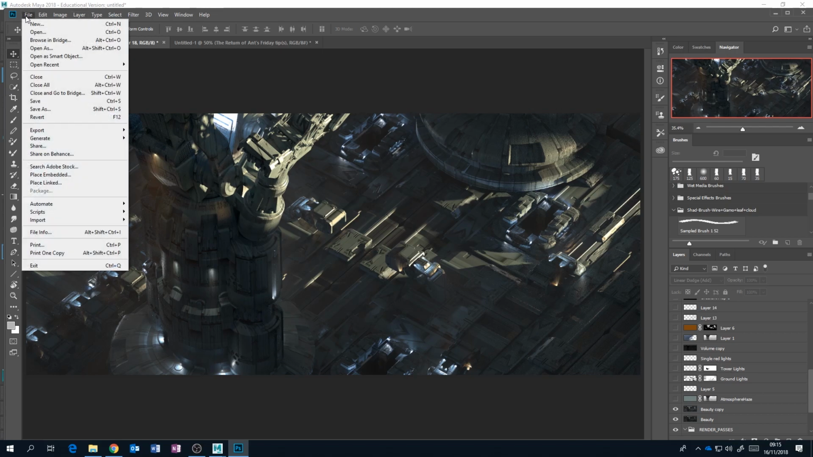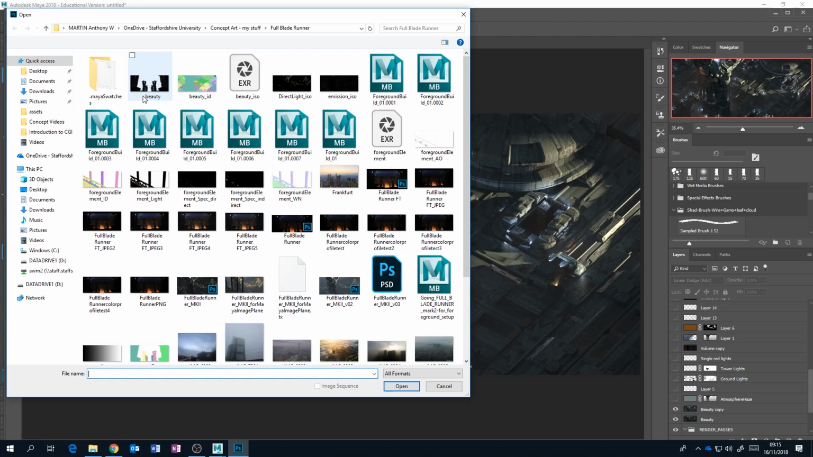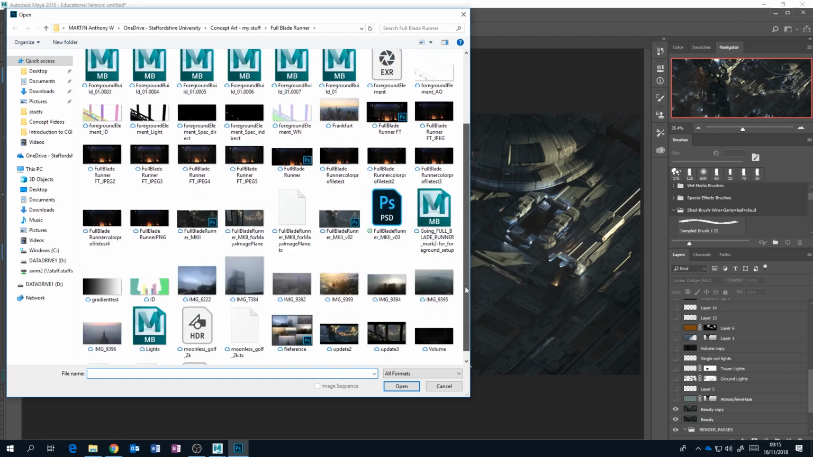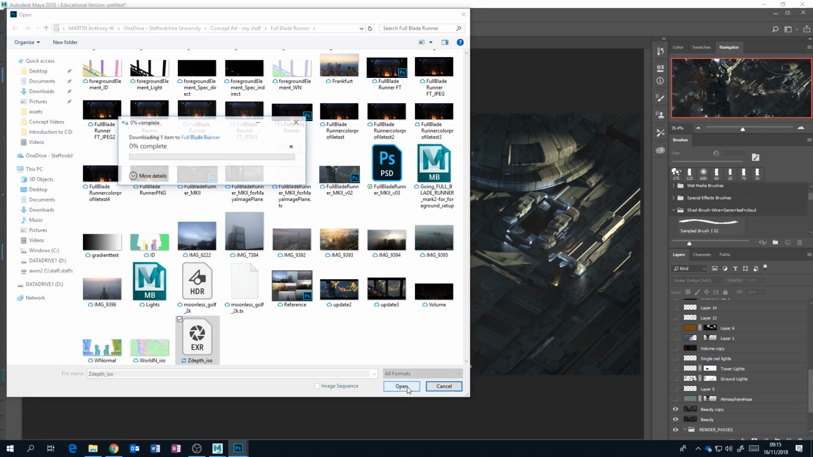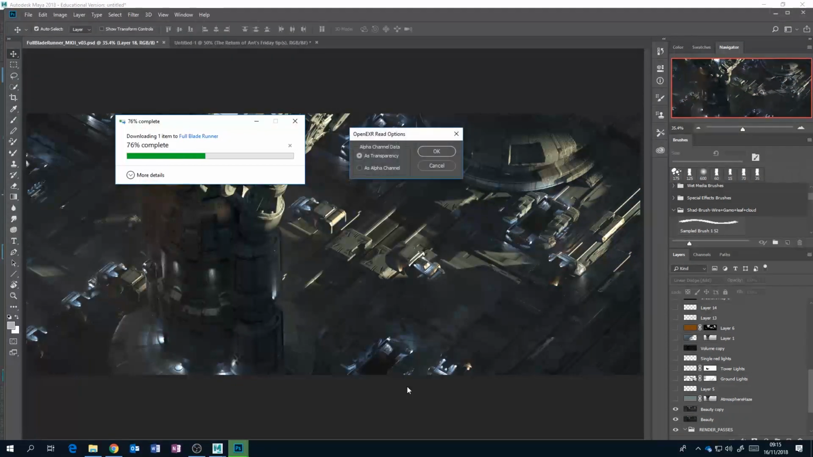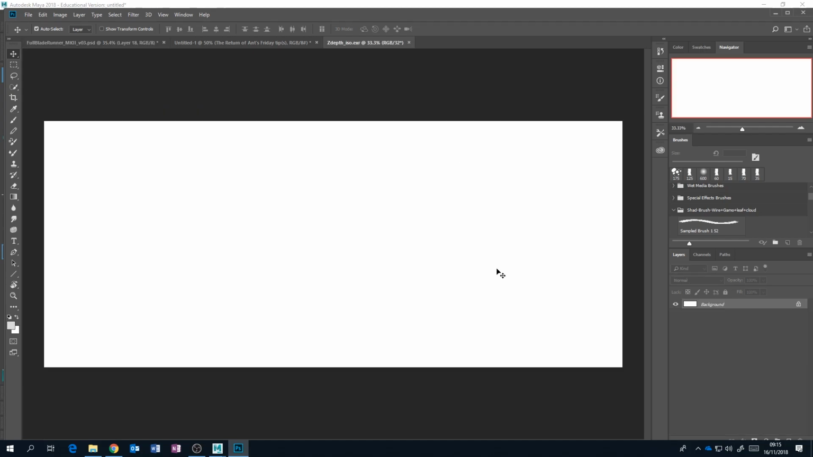Now, I'll show you in a moment how you get that out of Maya, but I'll show you first what it looks like when you bring it into Photoshop. So I'm going to load up Z depth, and it's going to look like this, which is a bit alarming, I think. Hopefully it doesn't take too long to download. Yep, alpha channel. So you render something in Maya, and you bring in your Z depth, and it just looks